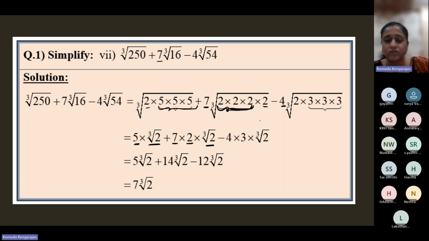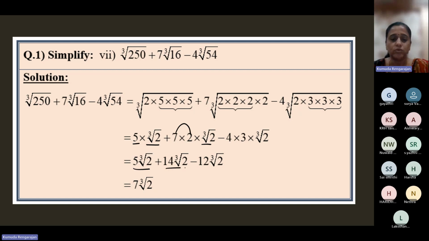Minus this 4, which is already there outside. And from the cube root, from 3 3s, 1 3 comes out. So you can see the 3 out here, and cube root of 2, because this 2 remains under the cube root, not square root. From 3 equal factors, 1 comes out. Now this is 5 cube root of 2,